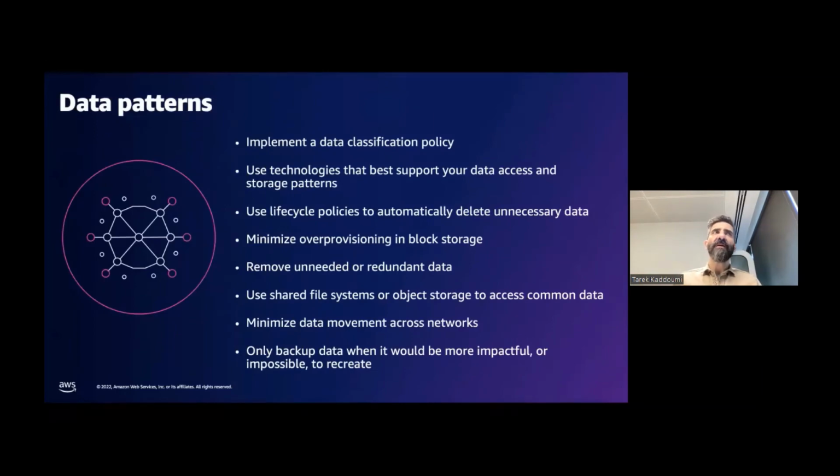Moving forward, in addition to the asynchronous and queuing and buffering, we always invite you to be aware of the data patterns that you have at your organization, because implementing data classification policies and data categorization will help you to understand your data more. And by understanding your data more, you will be able to use the technology, the services, and the options and features of AWS in a better way. Let me give you an example. For example, if you have hundreds of thousands or millions of files and you want to store them on S3,